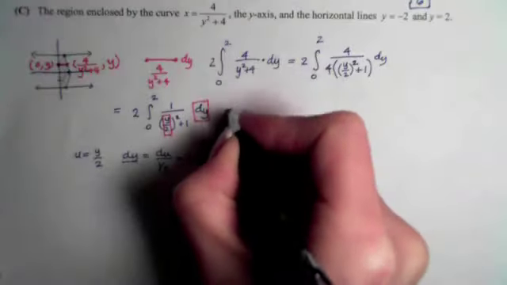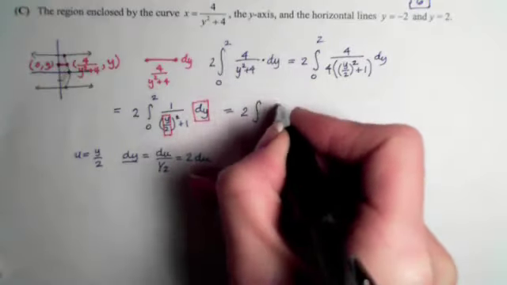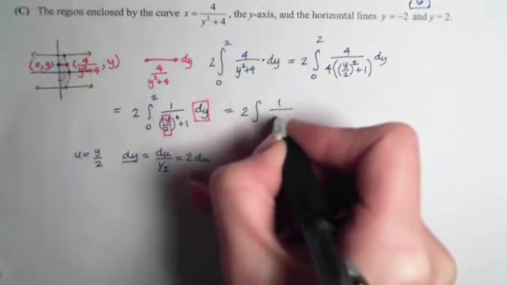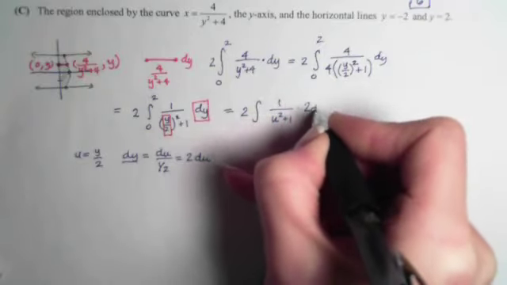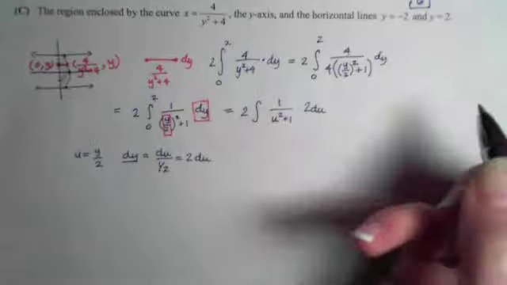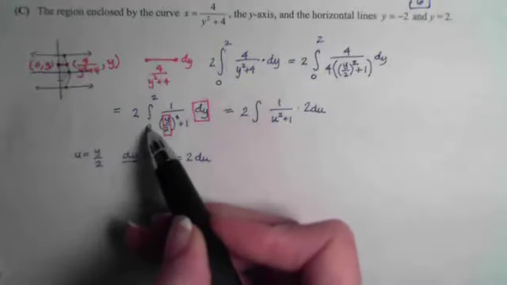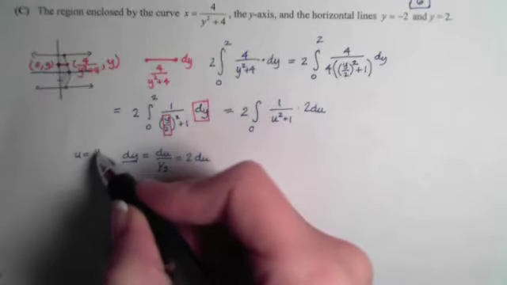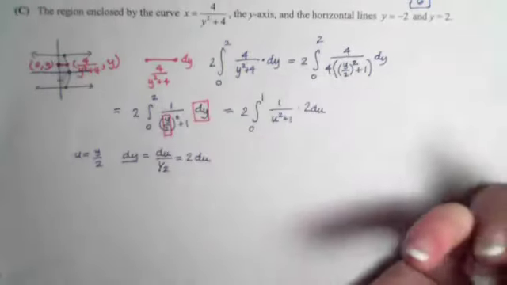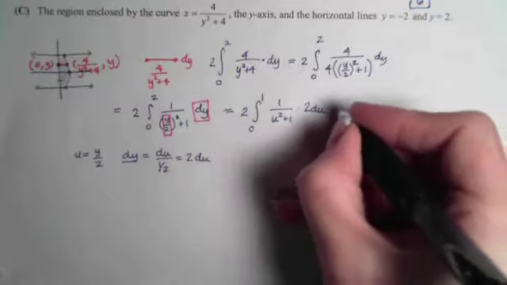So when I replace, I'll have a 2 integral of 1 over u squared plus 1 times a 2 du, and my limits will be y divided, or 0 divided by 2, which is 0, and 2 divided by 2, which is 1. I can pull this constant out in front,